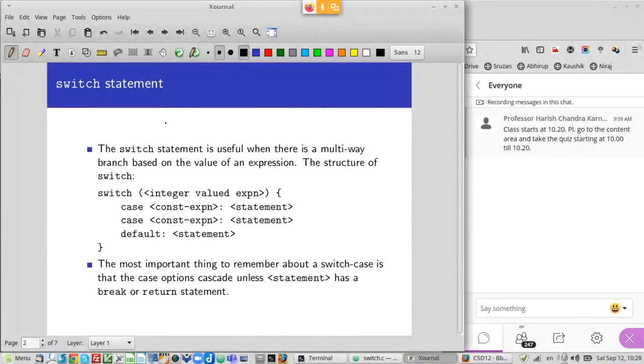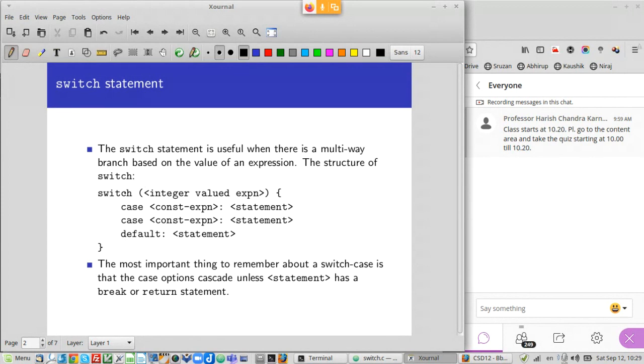So when you have a situation where you have several options and each option is supposed to be done under certain conditions, then one way to do it would be to write a very complicated conditional, right? If something, then you do something, then if something, then you do something, and so on and so forth. You'll have a fairly complicated if then else construct, which can be hard to read and understand. So for those kind of situations, the switch statement turns out to be a very convenient statement to have.